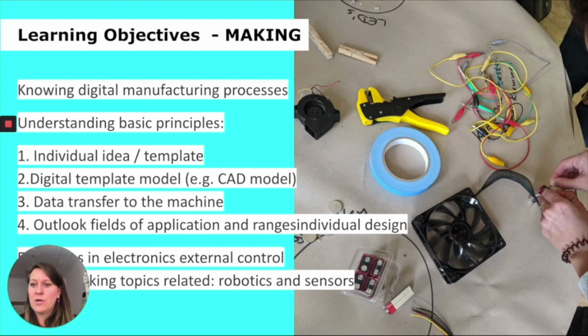And now, what are the learning objectives? The idea is always to get to know the digital manufacturing process, understand how the process goes from an individual idea and is put into a model that is usually designed on a computer by whatever program you're using, or by coding or drawing something, depending on what you're trying to do. And then actually